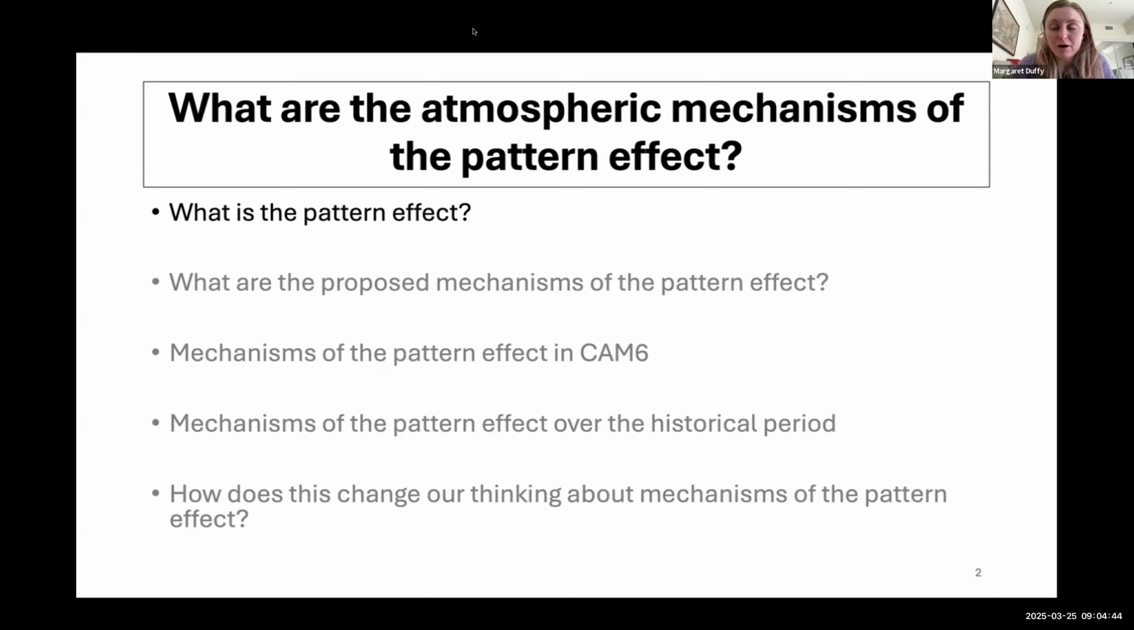I will talk about a walk through the literature that I took trying to understand in detail what the mechanisms of the pattern effect are. And then I'll tell you about what I learned evaluating the mechanisms of the pattern effect in CAM6 and then over the historical period using observations and reanalysis. And I'll summarize by synthesizing to what extent this changes our thinking about the mechanisms of the